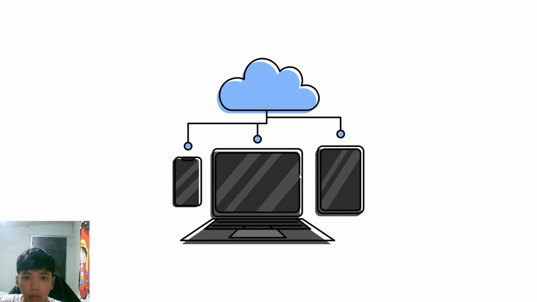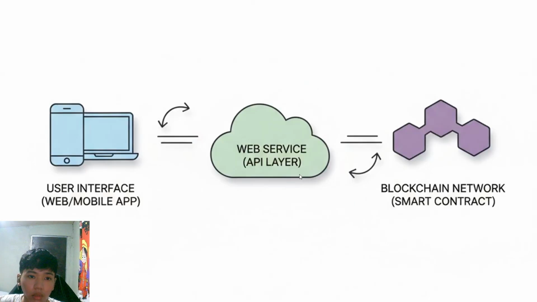In the next 10 to 15 minutes, we'll explain this interaction, look at a practical real world example, and map out the entire data flow of these web services and the blockchains. In this slide, we have a visual representation again with the user interface, if it's a web or mobile app, the web service, and the blockchain network.